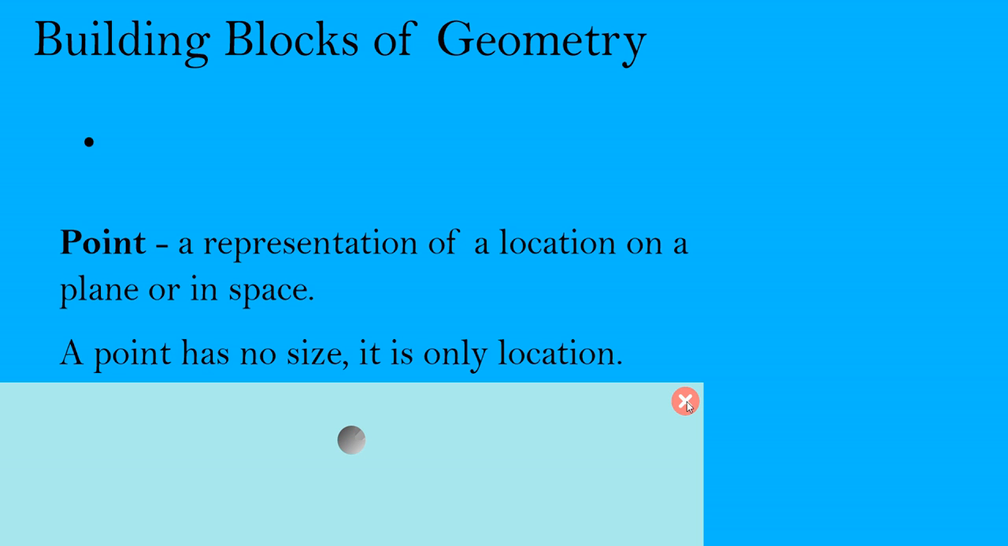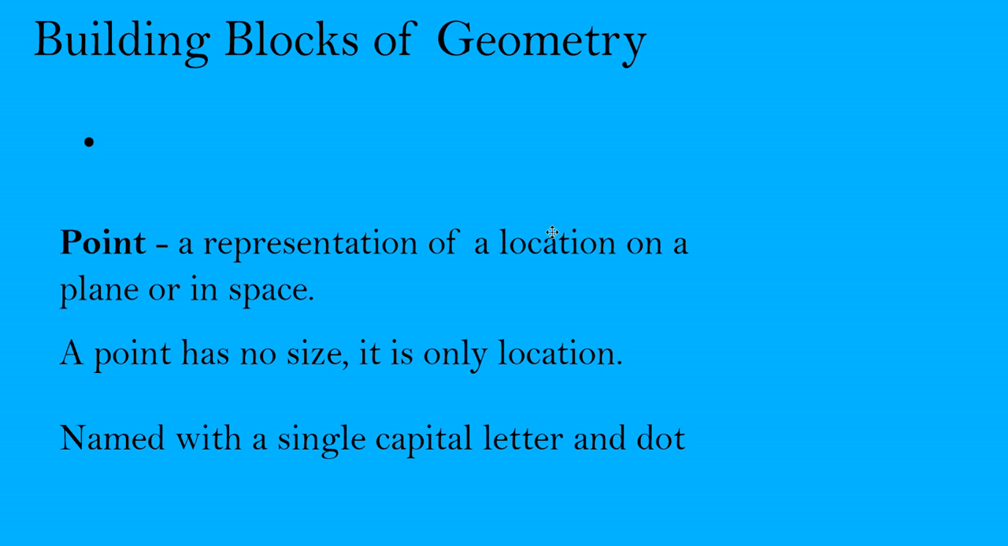Right? And when we're talking about naming a point, it's really as simple as saying, okay, this would be point A, right? And we might have a point over here. That's point B. So we name it with a single capital letter and a dot. And there's really not a ton of need to name points as much as there is to name the next thing that we're going to be dealing with,